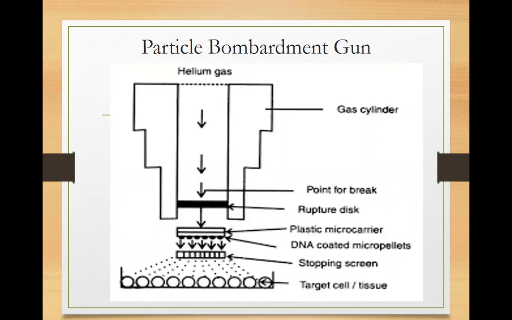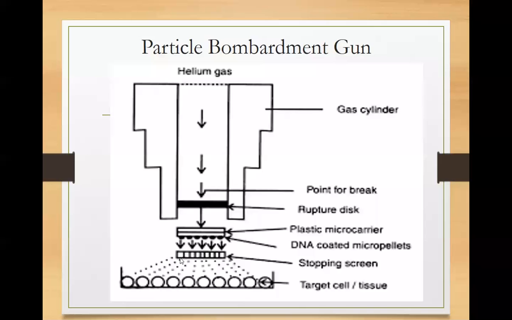This is the apparatus of the gene gun or particle bombardment gun. Basically, it contains a chamber in which helium gas is flown, and there is a rupture disc placed very close to the microcarrier assembly, which is made up of plastic. On this microcarrier assembly we have tungsten particles that are coated with DNA. These DNA coated tungsten particles are called micropellets, and these micropellets or microprojectiles are shot at very high velocity by the helium gas, and when they are shot at very high velocity they deliver the foreign DNA into the